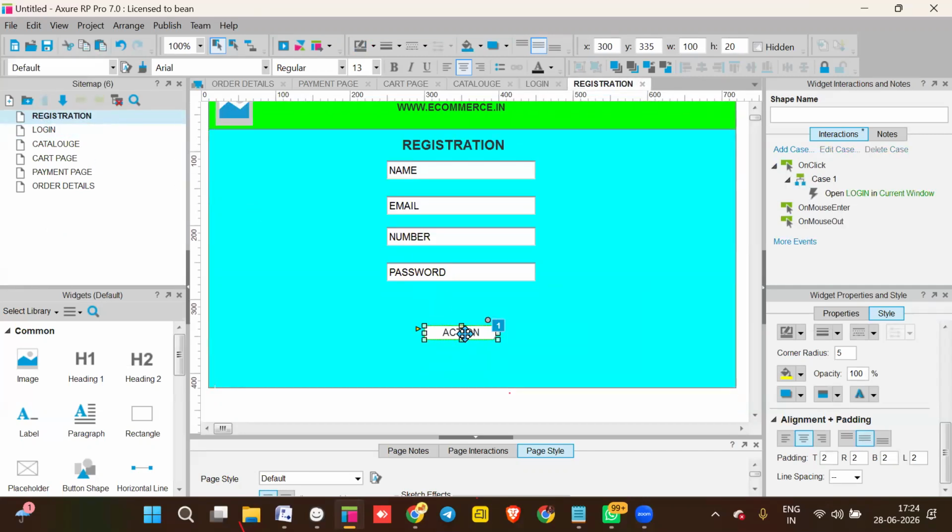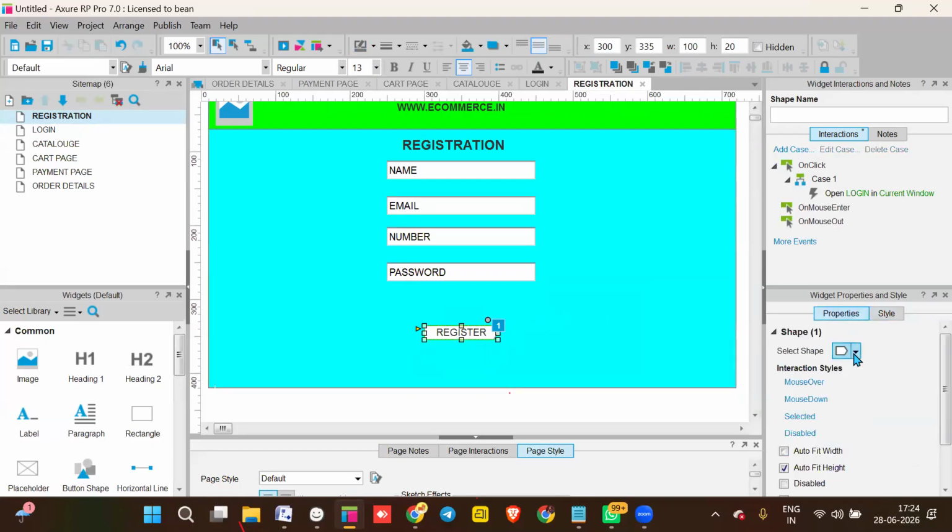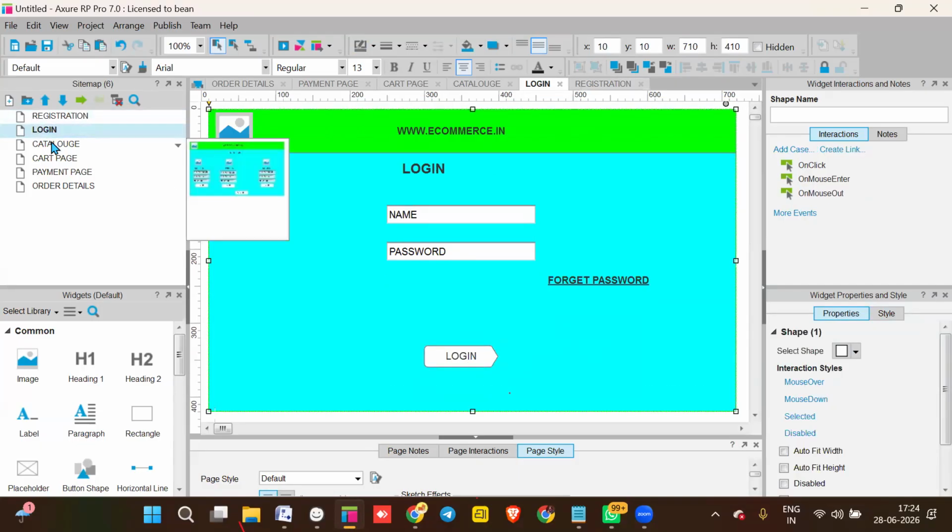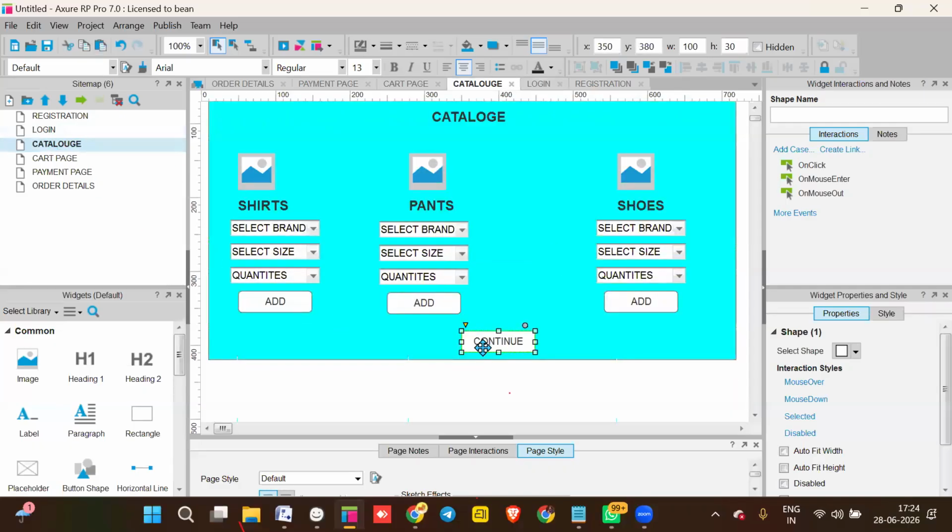And let us rename this as register. Register, login, and from catalog, let us